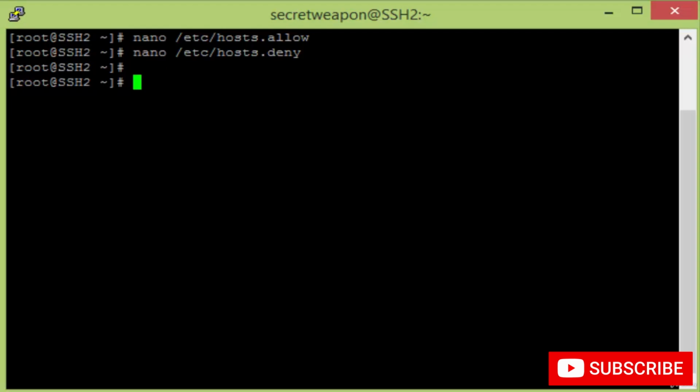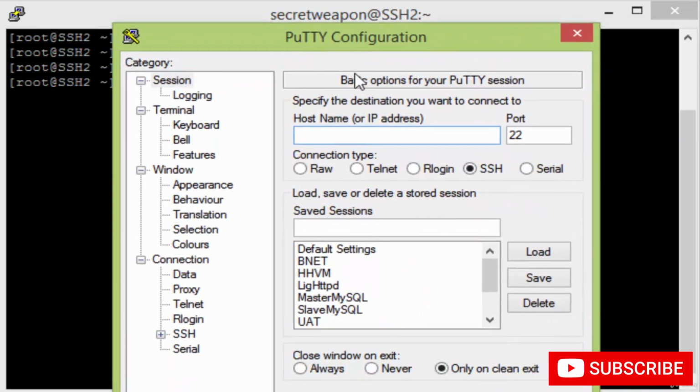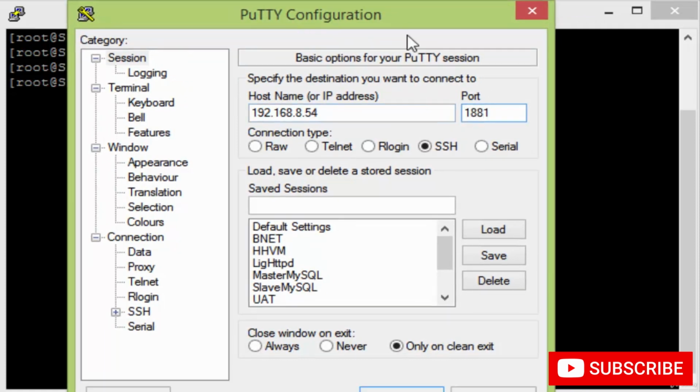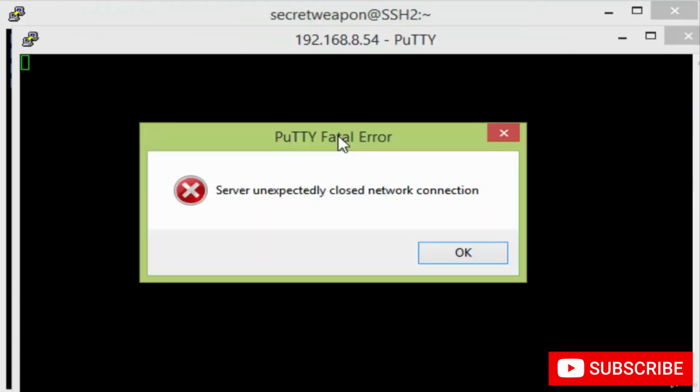192.168.8.100. So I will open PuTTY and connect to the SSH2 machine. I will type the IP 192.168.8.54 and we changed the port to 1881. Then I will click open. As you see, the system refused the connection, and that's because we denied access to the SSH service on the SSH2 machine